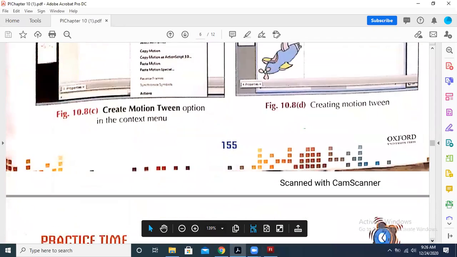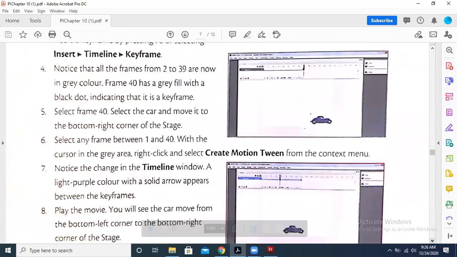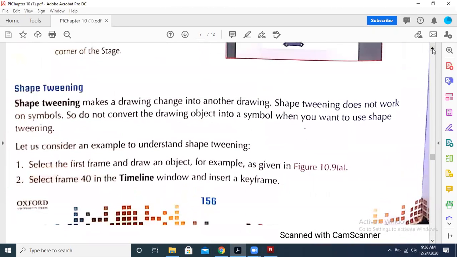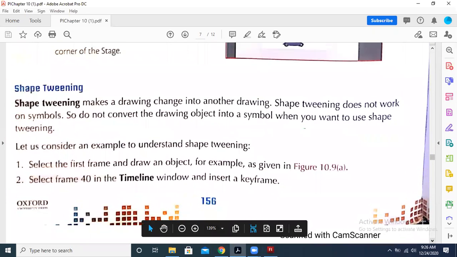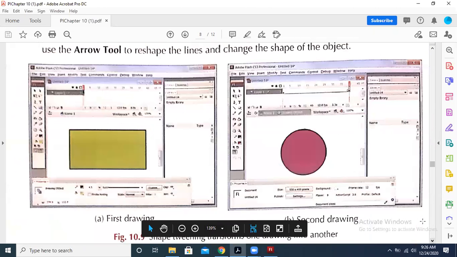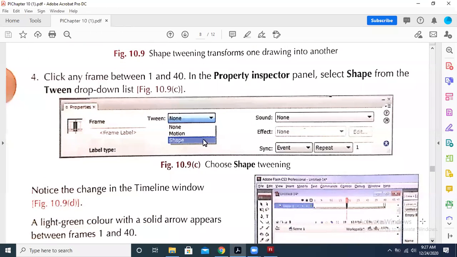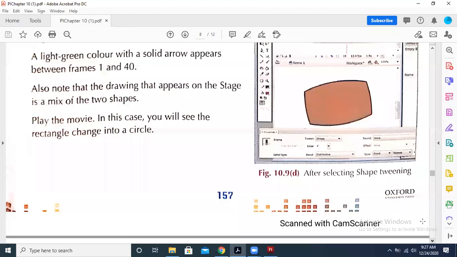Because we have already done these things a number of times, the videos are available. Shape twin is basically where we are changing one shape to another shape. Already explained a number of times, we have done this, and you can change one circle to a rectangle. Let's suppose you can change from one polygon to a polystar. But what happens is that we have to apply the shape twin in this situation, and shape twin